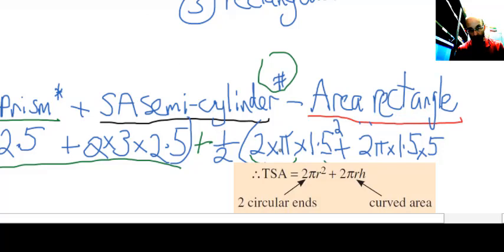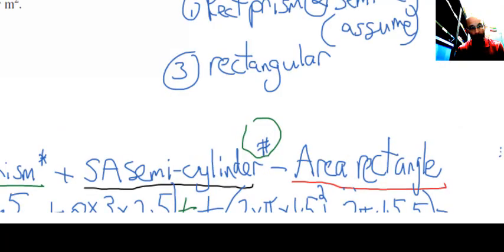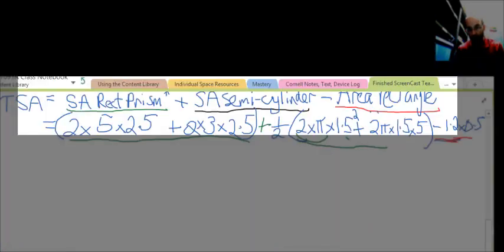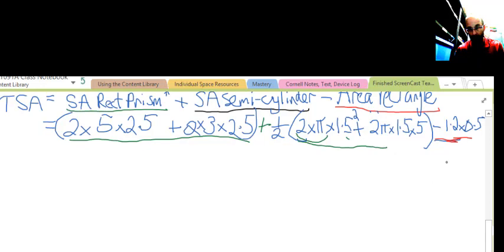Alright, so remember 2 pi r squared is the two circles and 2 pi r h is the tube bit which can open up to become a rectangle. You might remember that from our previous work. Now for the door, we've got the door is 1.2 by 0.5, so we need to subtract that. Because it's a rectangle, it's simply just length times width. A better solution to this would actually have the formula put in there, but I'm just trying to keep the video reasonably short. It's time to calculate all this,